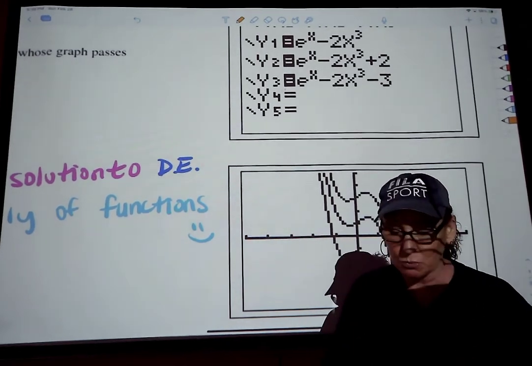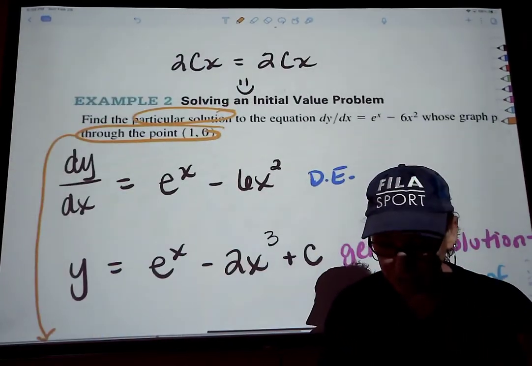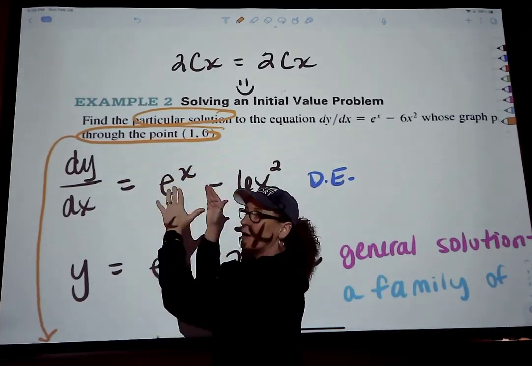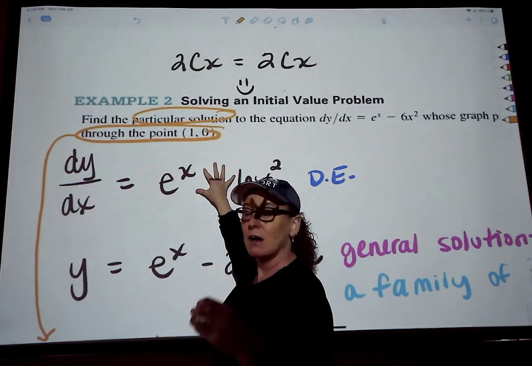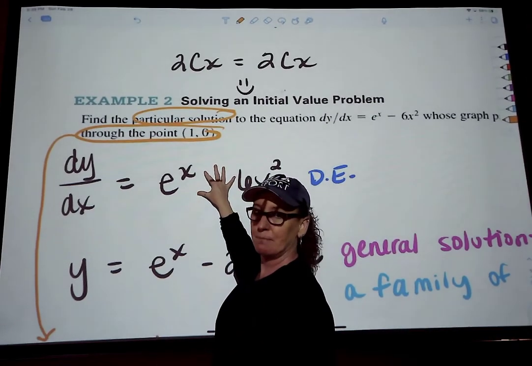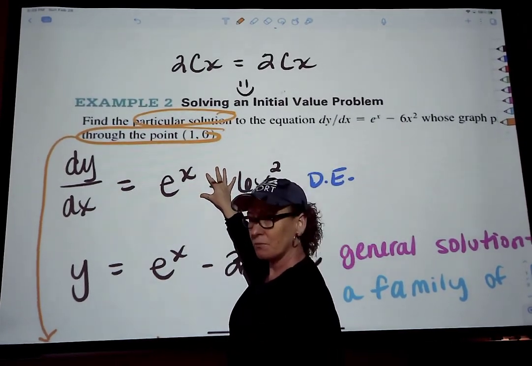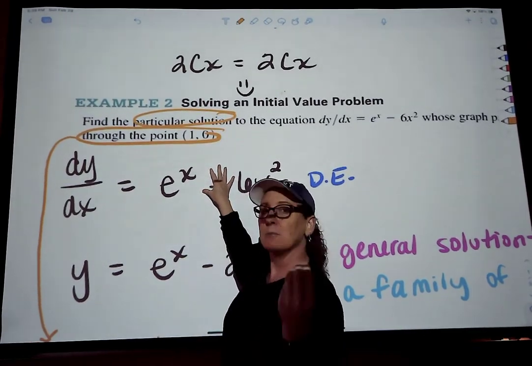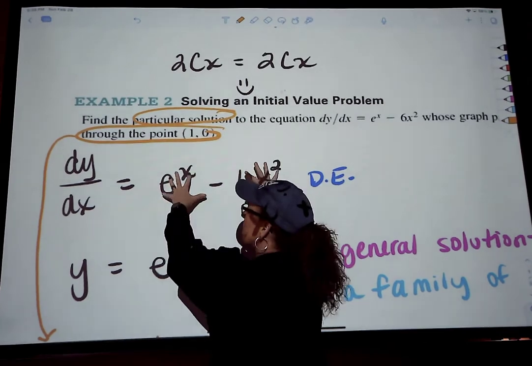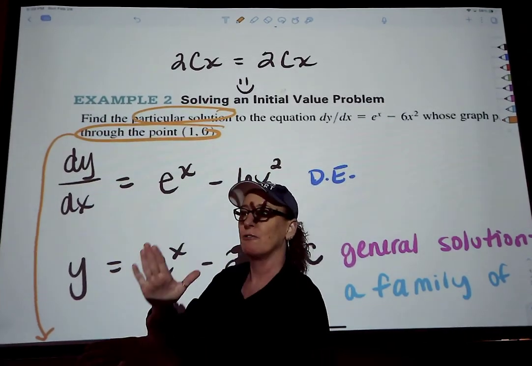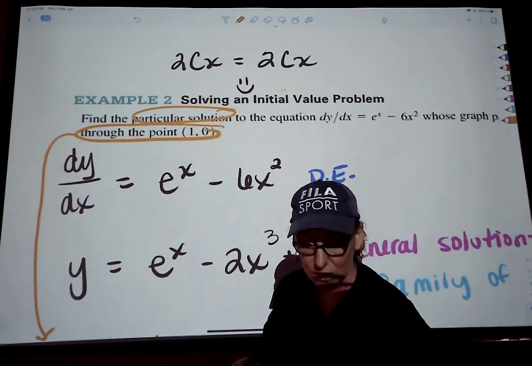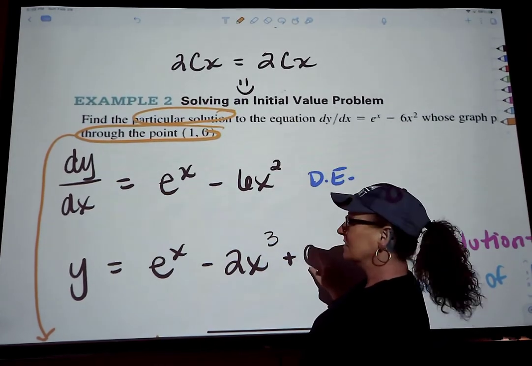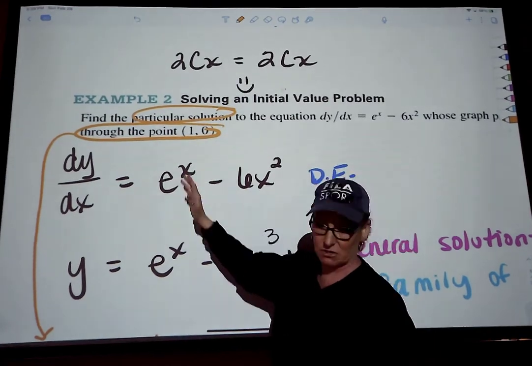That's because when you're looking at a differential equation, this over here represents the slope of your original. What do you mean by original? I mean the solution. I mean the family of functions. This represents the slope of your family of functions. So it doesn't matter what C is. The slope of this graph